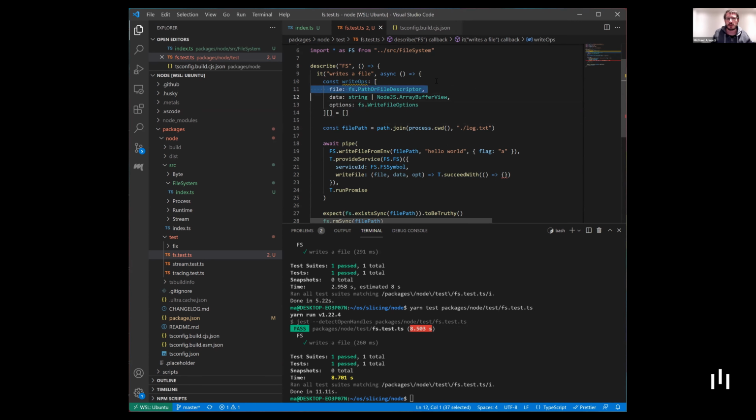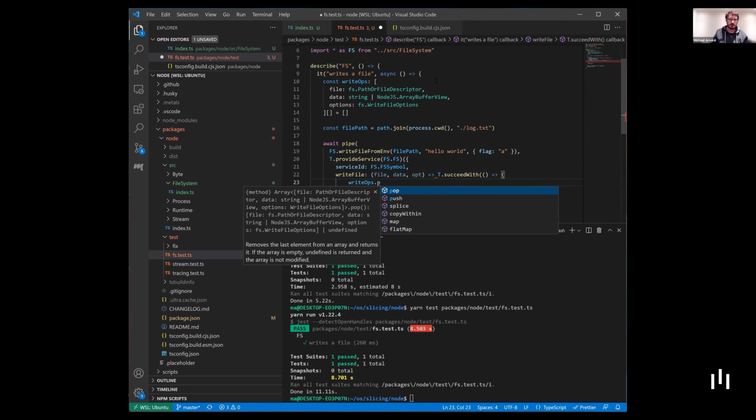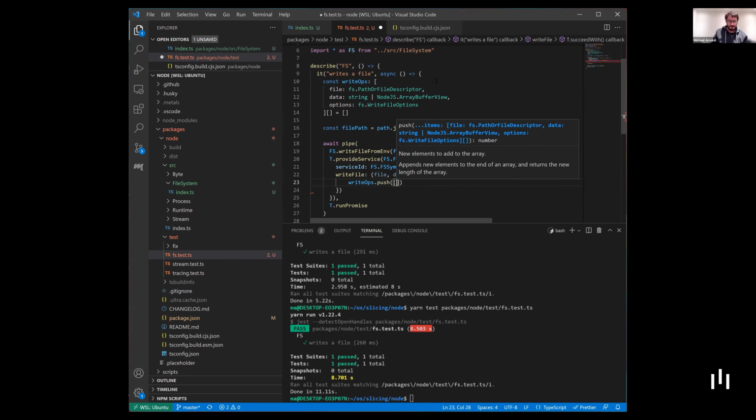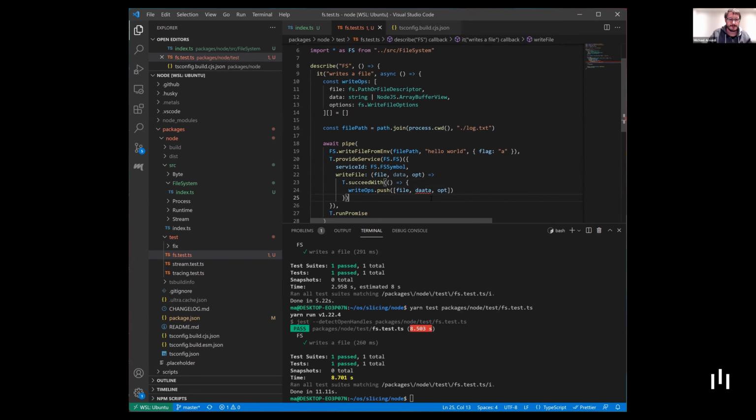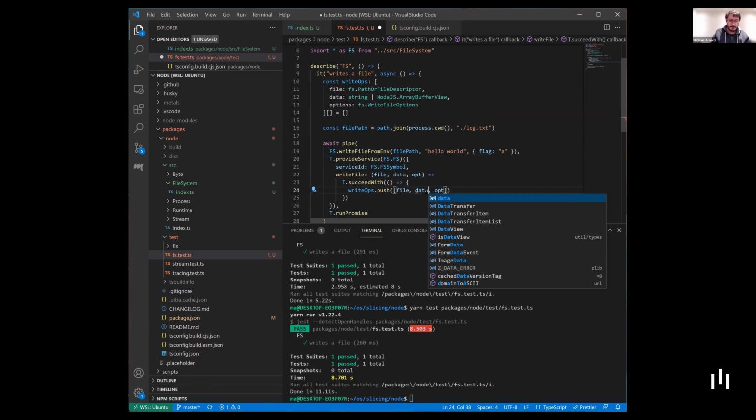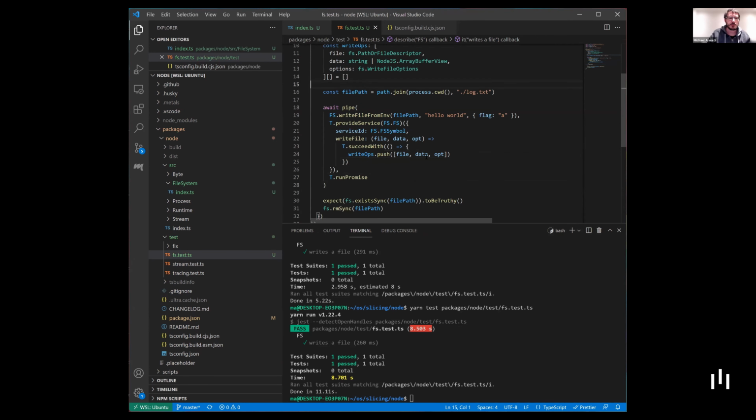This is an array of a tuple, a named tuple of the three. Write ops.push file, data, options. Now I have not created the file, so I do not expect the file to exist, but